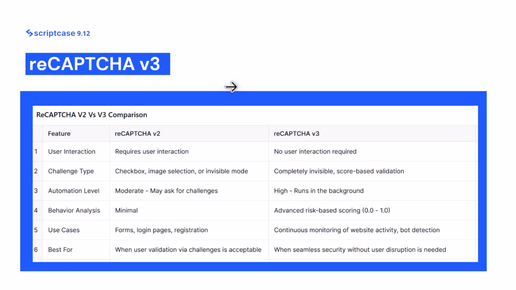So if you compare, for example, version 2 with version 3, version 2 requires user interaction. You need to click there to say that you're not a robot. Then version 3 does not require this interaction. There is a challenge within version 2, a checkbox, image selection, or invisible mode. And reCAPTCHA version 3 is completely invisible, score-based validation only, automatic level, moderate on reCAPTCHA v2, and high on